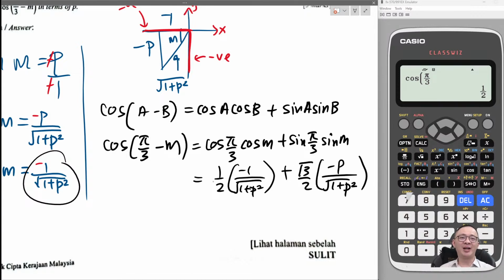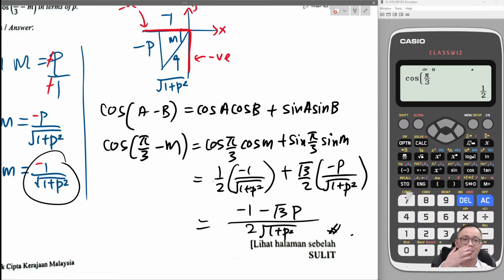So normally the last step, I will just combine everything. I have 2 square root of 1 plus P squared. On the top should be negative 1 minus root 3 P. Done. Okay,